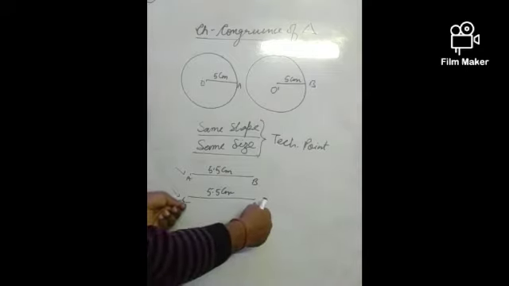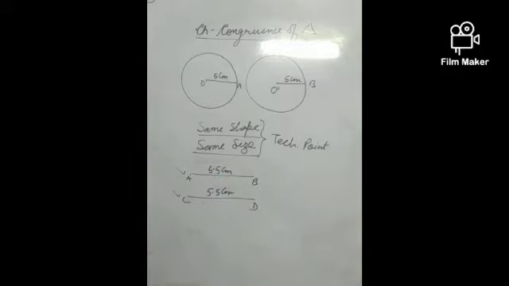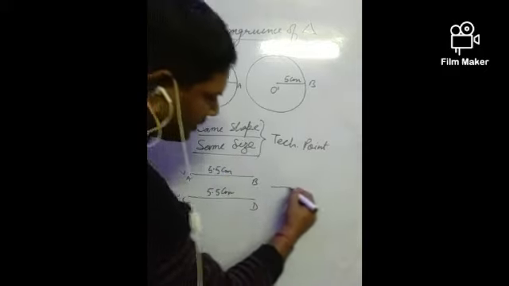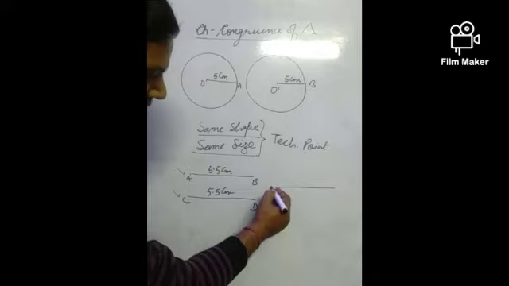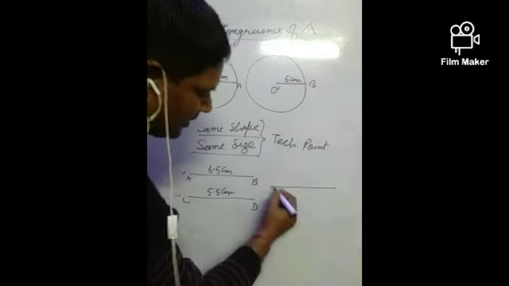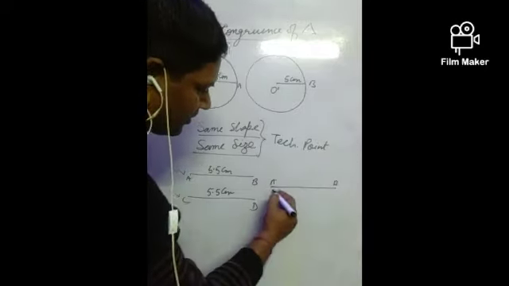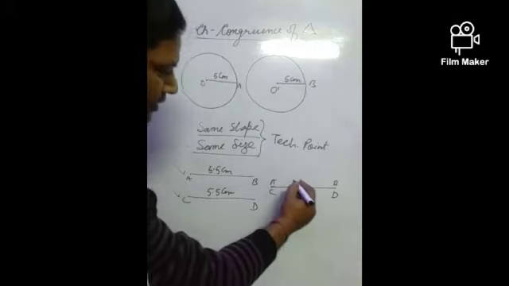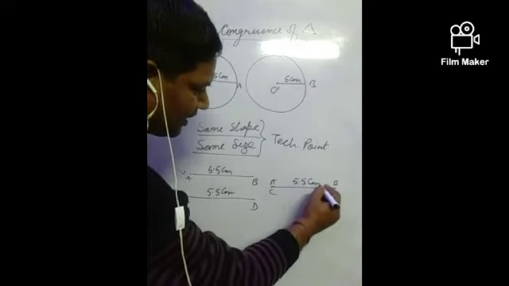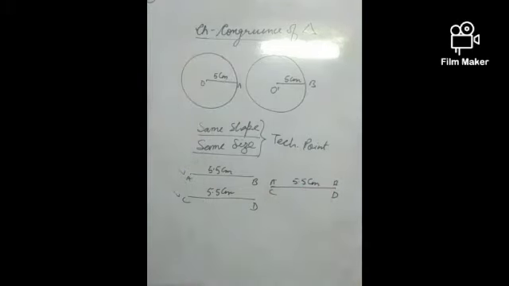Pick the CD and keep it over the AB. After keeping C, I have drawn this AB. Again at the same place I have drawn CD. This one is the AB. This is also the CD, because the length is what? 5.5 centimeters. Children, similarly you may take different examples, right?